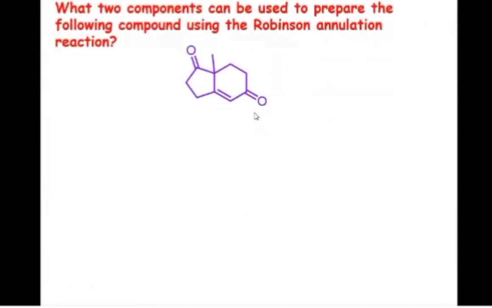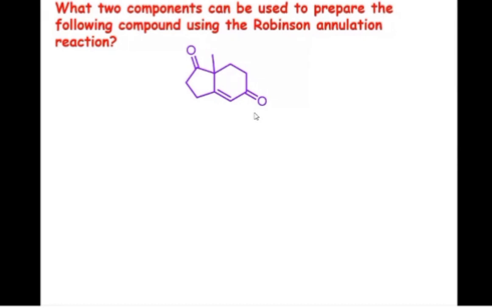Now, everyone is studying such type of questions at BSc level or MSc level in different formats. For example, write a short note on Robinson annulation reaction. Most of the students are unable to write the answer for this question. What do you mean by Robinson annulation? To understand it, it requires first the Michael addition reaction, and second the intramolecular aldol condensation reaction. These 2 reactions are involved in Robinson annulation. That's why first of all you should know what these two reactions mean.